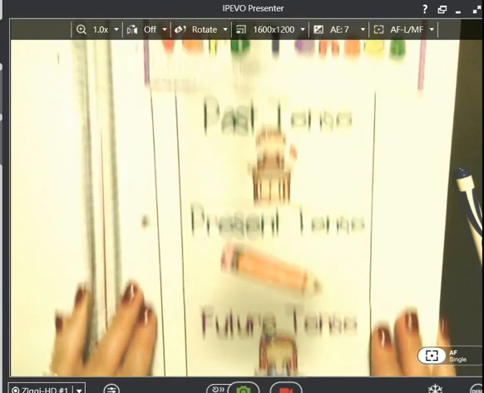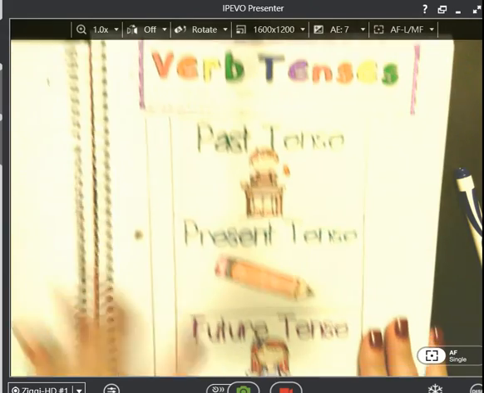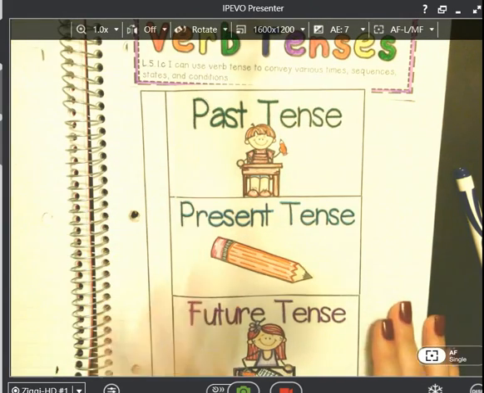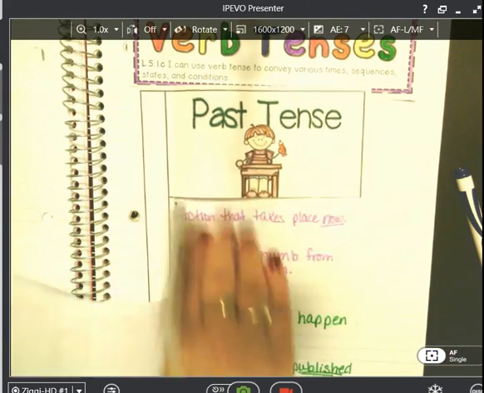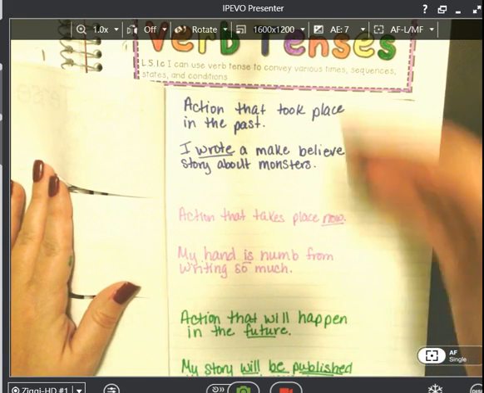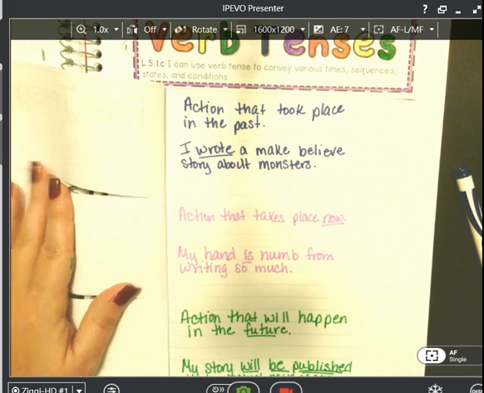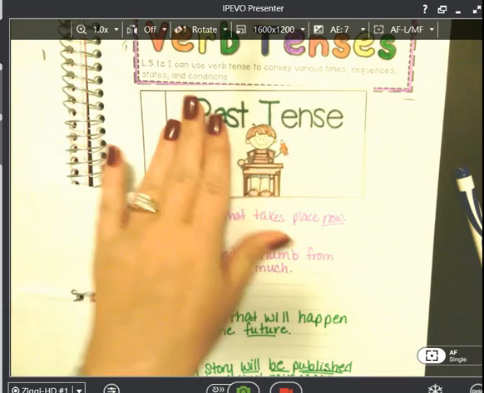So, once again, we're talking about our verb tenses in the past, the present, and the future tense. And once you get all of this written underneath, it should look like this. Actions that took place in the past, actions that take place now, and actions that will take place in the future. So, get that taken care of